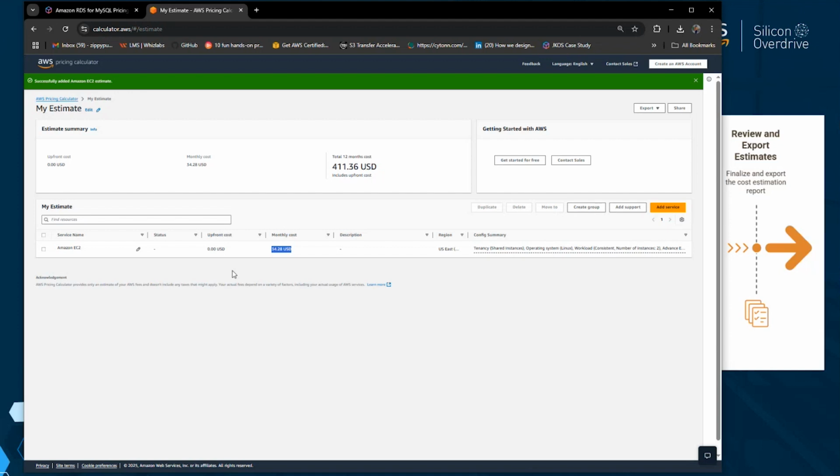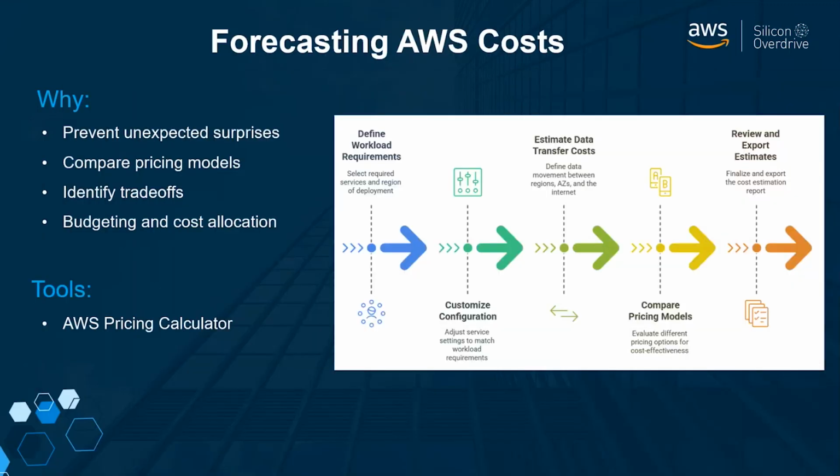A critical thing to note is to make sure that when you're creating this estimate, you create it in the correct region. So the region where you're actually wanting to provision, because as we know, pricing tends to differ by region. So if you want the most accurate estimate, then make sure you create that estimate in the region where you want to provision your resources. So that is the other thing.